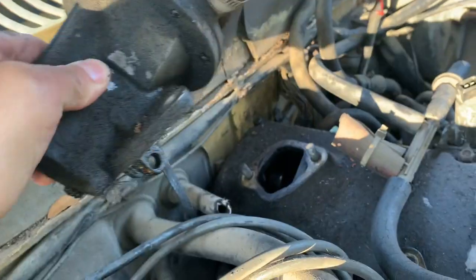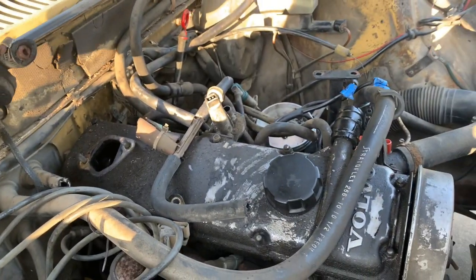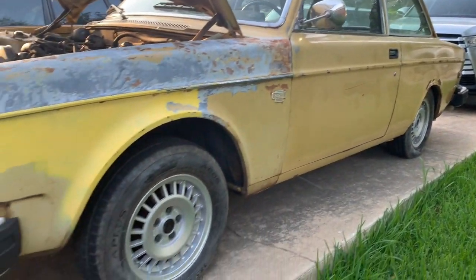Hey guys, I've got a quick update on this '77 Volvo 242 project. I haven't really made a lot of videos about it. There wasn't much to do so far. I was just driving it around short distances, and it's been running good. It was currently my only running K-Jet car, and it ran pretty well. It's really filthy inside and out, and the paint was kind of shot, but it ran good for